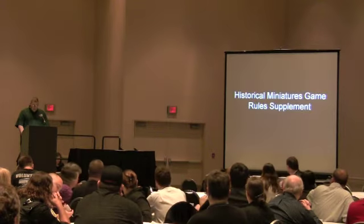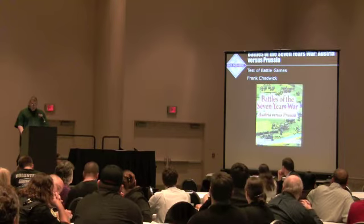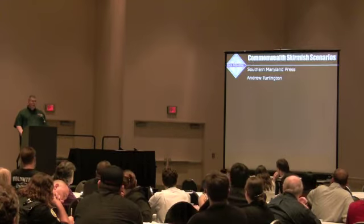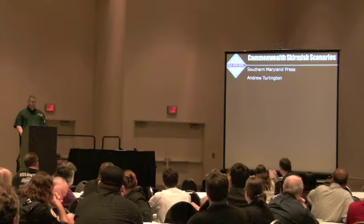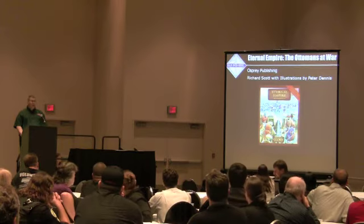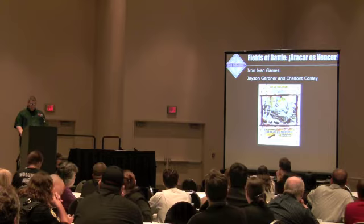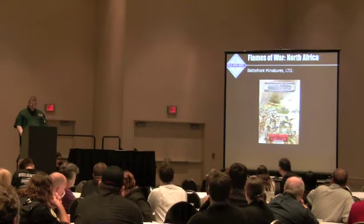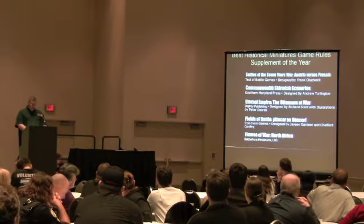The nominees in the category of Historical Miniatures Rules Supplement are Battles in the Seven Years' War, Austria versus Prussia from Tested Battle Games designed by Frank Chadwick, Commonwealth Skirmish Scenarios from Southern Maryland Press, designed by Andrew Turlington. Eternal Empire, The Ottomans at War from Osprey Publishing, designed by Richard Scott and illustrated by Peter Dennis. Fields of Battle, Adakar es Venser from Iron Ivan Games, designed by Jason Gardner and Chalfont Comler. Flames of War, North Africa from Battlefront Miniatures Limited. And the award goes to